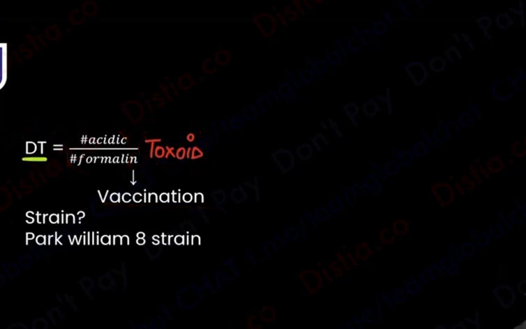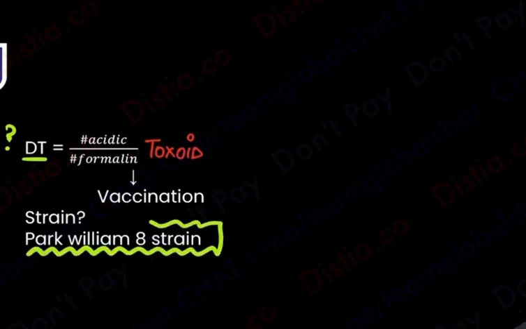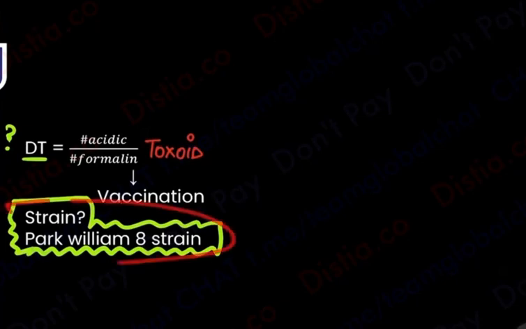So simple, whose diphtheria toxin will you take? What is the strain that we usually use? You know all these strain questions are their favorite questions, right? The Park-William 8 strain. So you will take the Park-William 8 strain, you will take the diphtheria toxin from it,